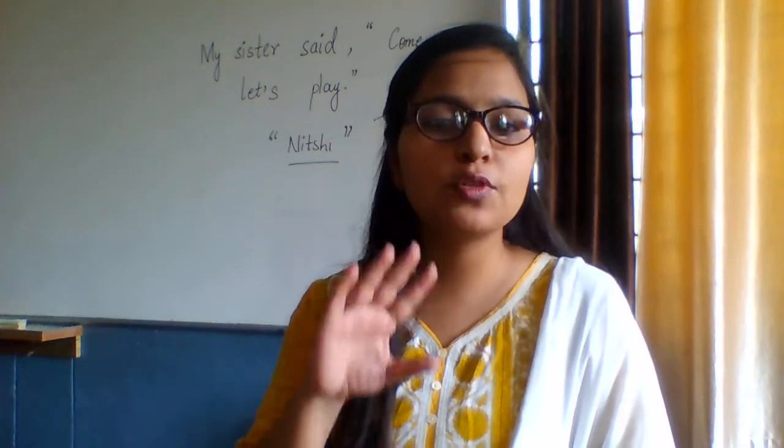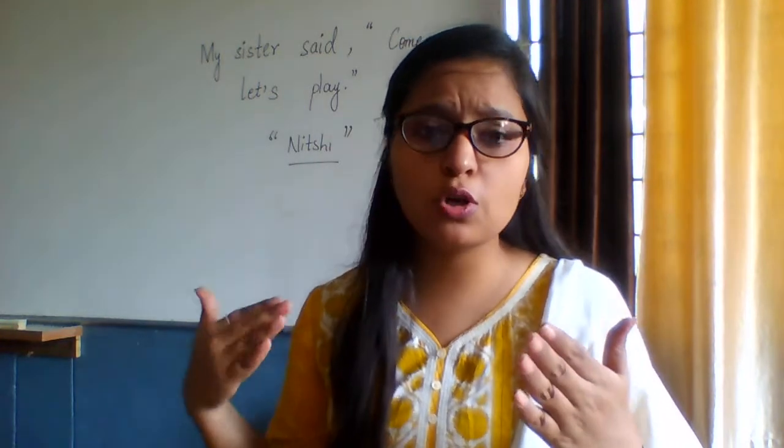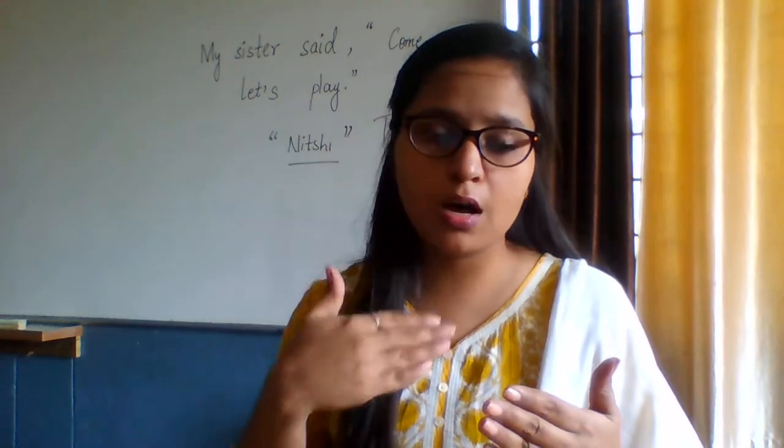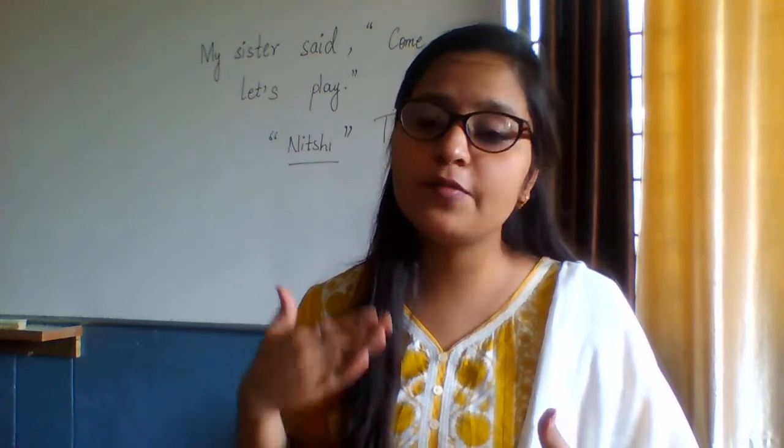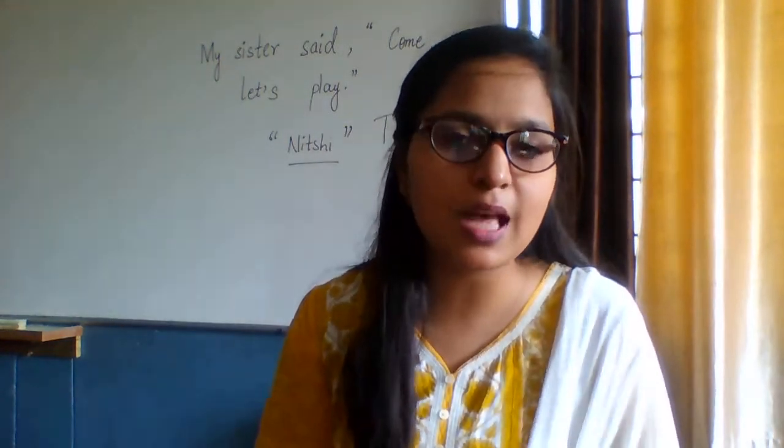So in order to write a picture composition, taking this as example, the first thing that you should do is keen observation. That means you have to observe the picture very carefully. You have to write down all the observations in the form of pointers, and then after writing all the observations, you come to the paragraph composition. Okay, so the first thing in this picture, right now you see me, this is a picture, suppose, and we are taking this as example.